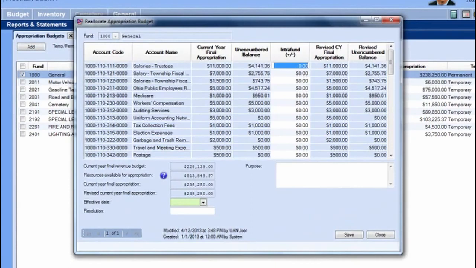Next, we can enter the amounts of changes to budgeted items in the intra-fund column. We can put a negative sign in front of budgeted funds you're moving appropriations from, and a positive amount for the budgeted funds you're moving to. Remember, the positive and negative amounts for all reallocated funds must result in a net zero change for appropriations as